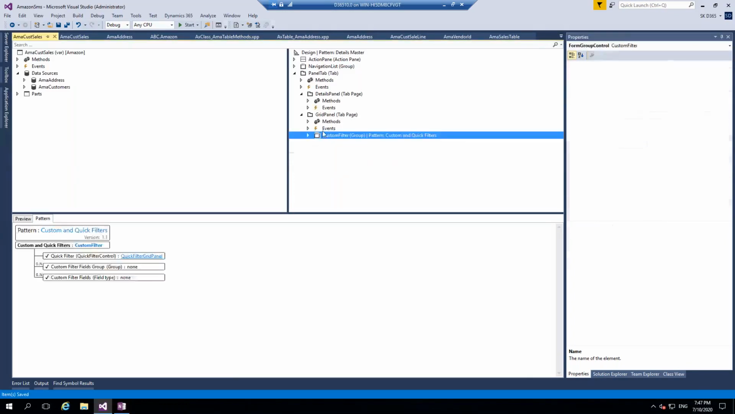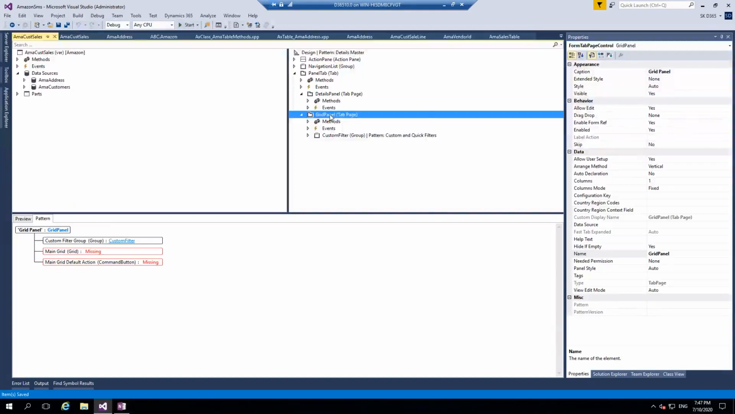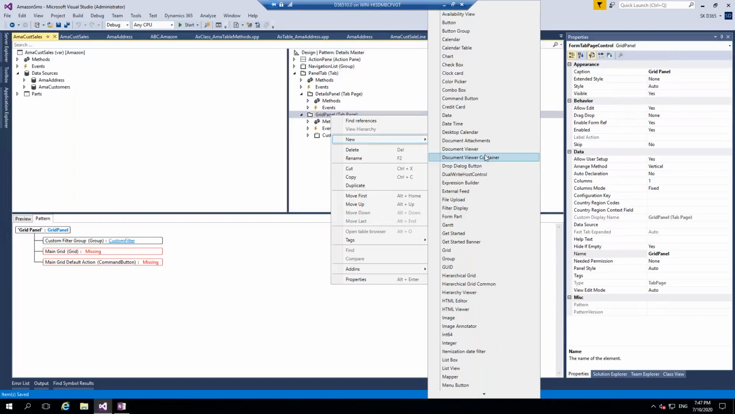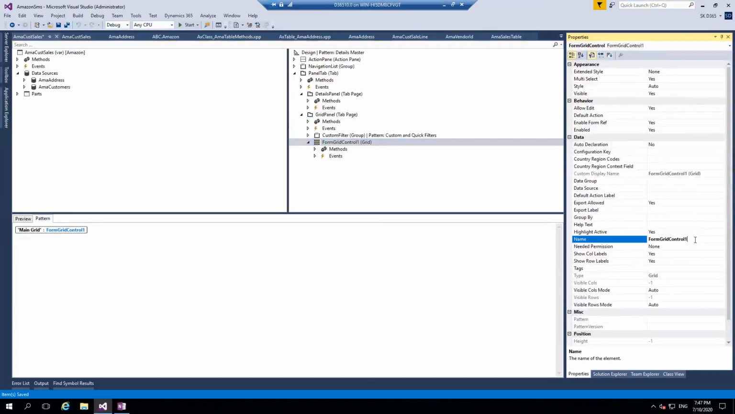Now this is done. In the grid panel you need to add a main grid. Click on the new button and you can add a main grid. Where is main grid? Grid. This is my main grid. Okay, and I will call this as